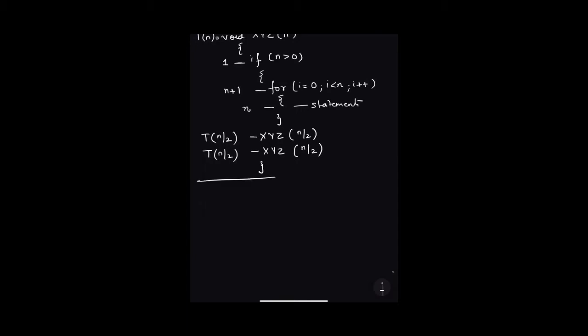So if I add everything, the result I get is T(n) equals 2T(n/2) plus something. That something is made out of these terms. Removing the constants, I get n, for values of n greater than 1, and for n equals 1, let me have a constant, that is 1. Let us solve this equation using the substitution method.